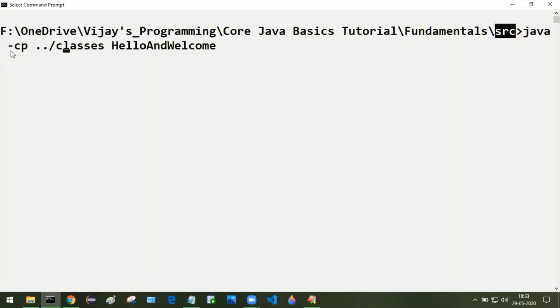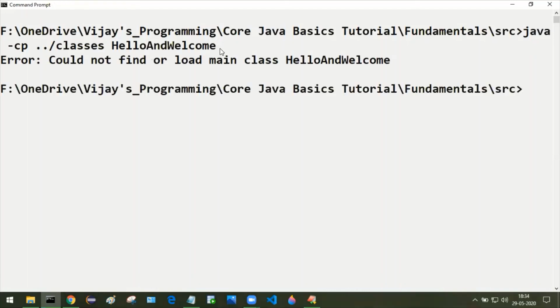Java space -cp double dot forward slash classes space hello and welcome. Press enter. We are getting this error: could not find or load main class hello and welcome.